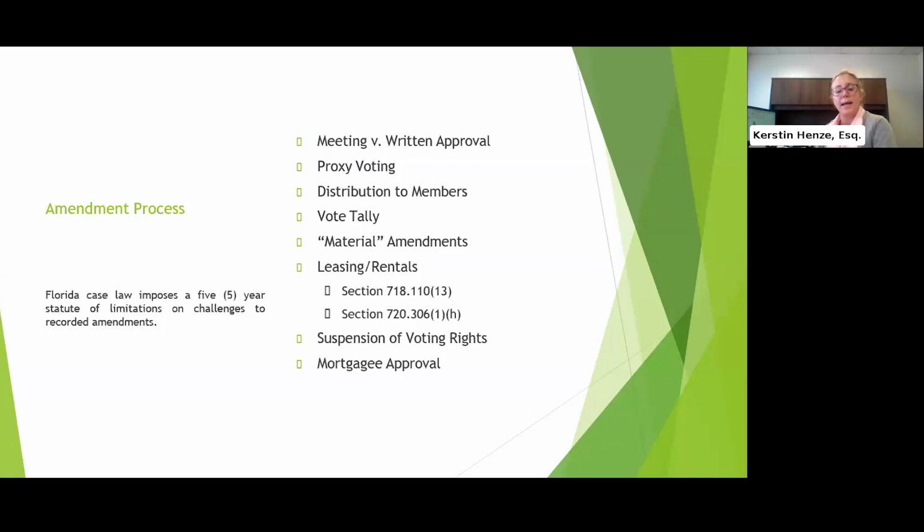So one mechanism to assist associations in getting an amendment passed is to possibly suspend voting rights of owners who are delinquent. Okay, so for a condominium association, if you have an owner who is delinquent on any monetary obligation of the association, whether it's assessment, late fees, interest, attorney's fees, or even fines, as long as the owner has been delinquent for more than 90 days and the monetary obligation to the association that's delinquent is at least $1,000, then you can suspend voting